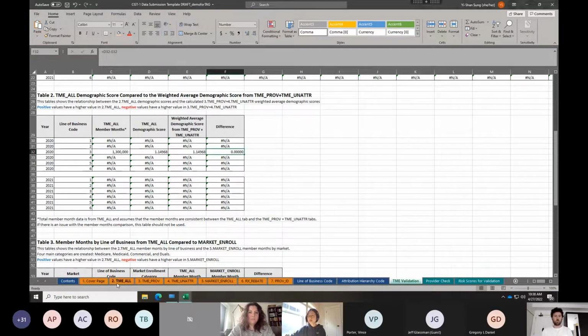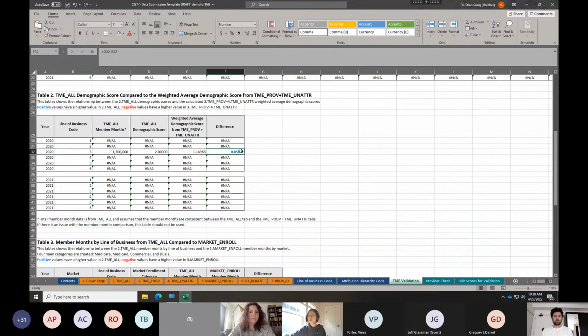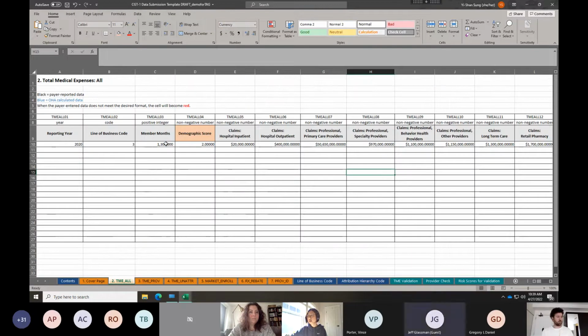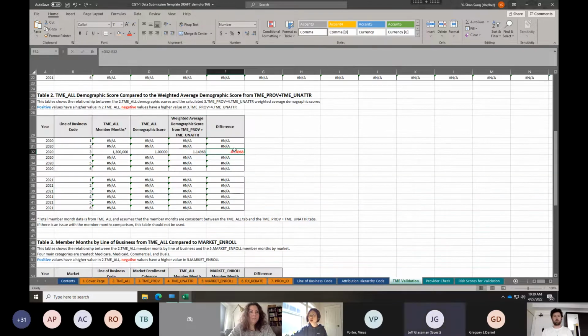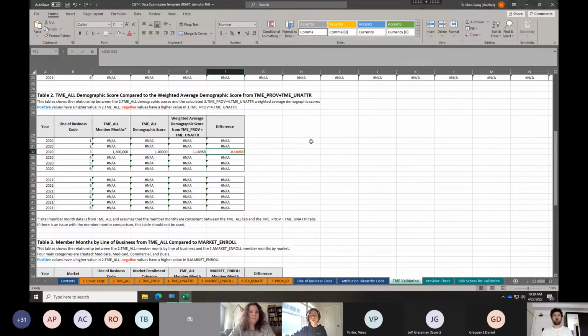But if the numbers are not the same, for example if I change this to 2, you will see the blue number pop up because you have a higher demographic score in the TME All. Similarly, if you change this number to a smaller number, you will see the red number pop up in the difference column. Any questions?